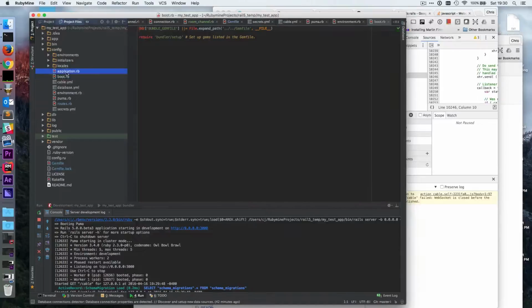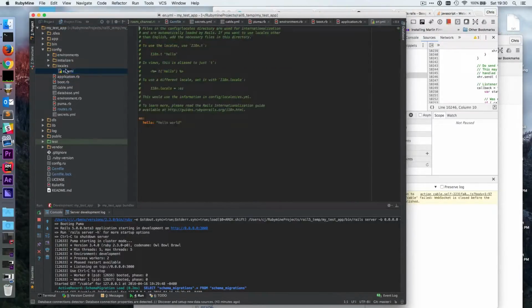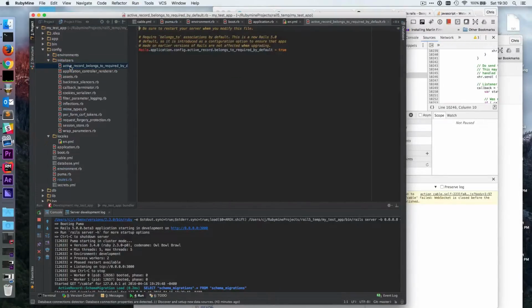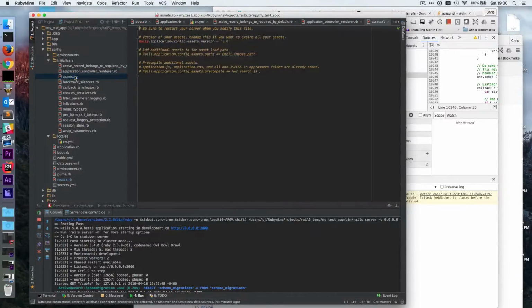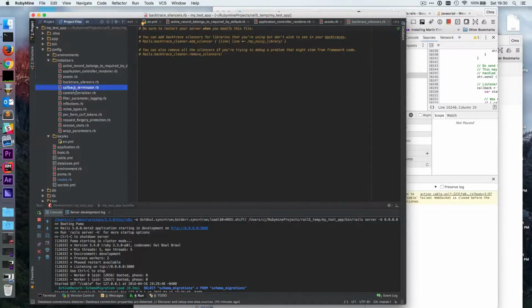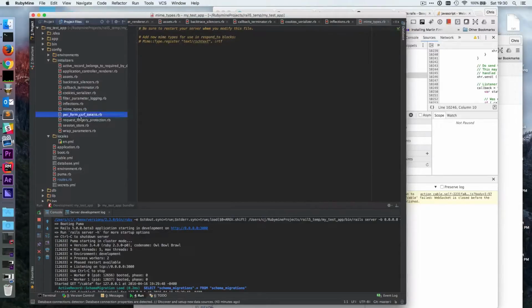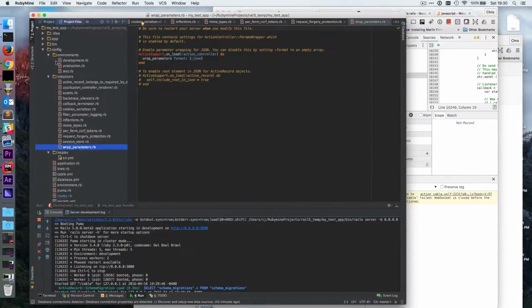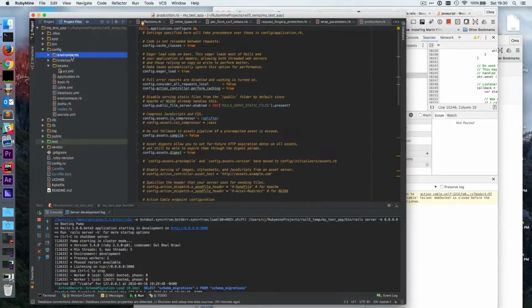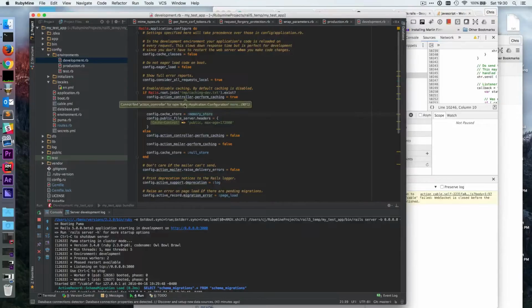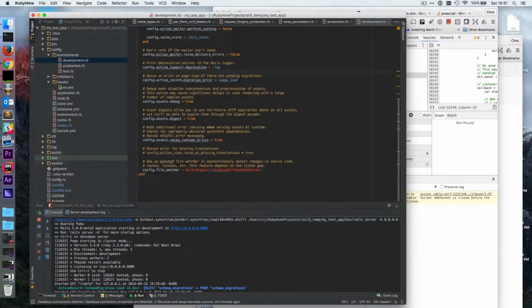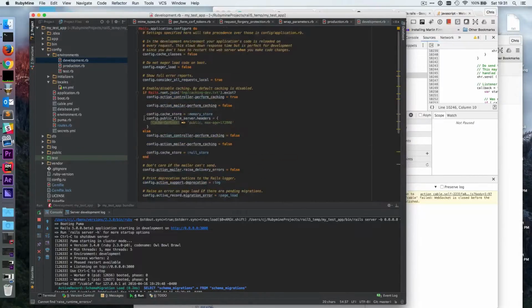Environment, boot, application. Yeah, this is all familiar stuff. Active record requires to be long. Object controller renderer. This is new. Assets, fine. Callback terminator, cookie serializer, inflections, mime, performs. Request forgery, wrap parameters, development. Let's take a look at development real quick. Join dev cache, action mailer, memory store, action mailer, assets, event file, raise runtime errors. There's nothing here about